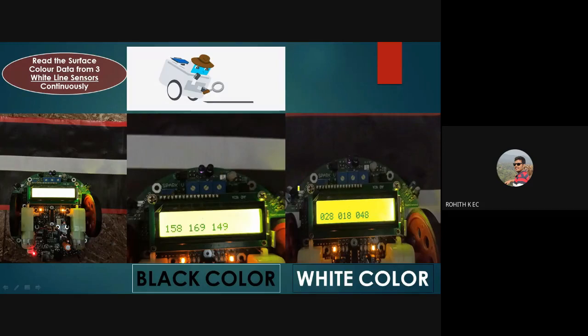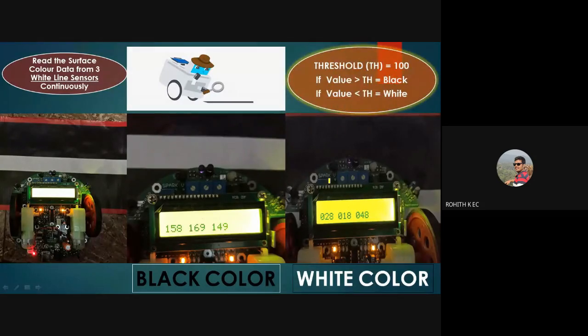Here I can have a threshold value of 100, isn't it? If I have a threshold value of 100 and the value received is less than 100, I can consider that as white color. If the value received is greater than 100, I can consider that as black color. So this is extremely important when we are going to design a line follower robot, particularly a white line follower robot.